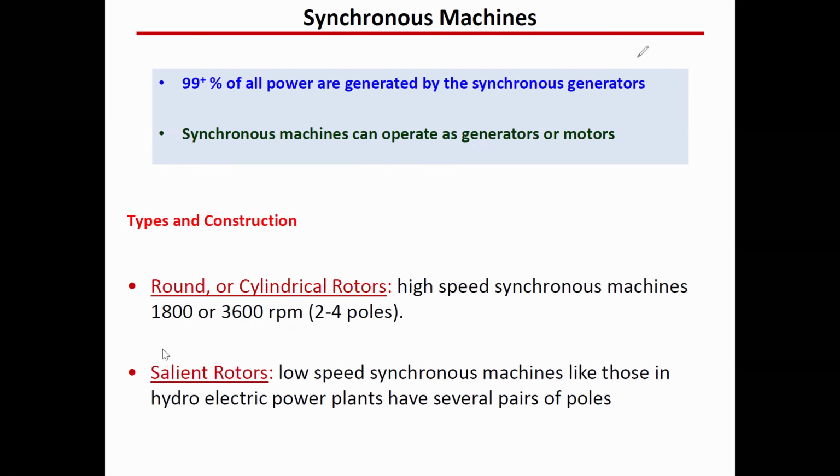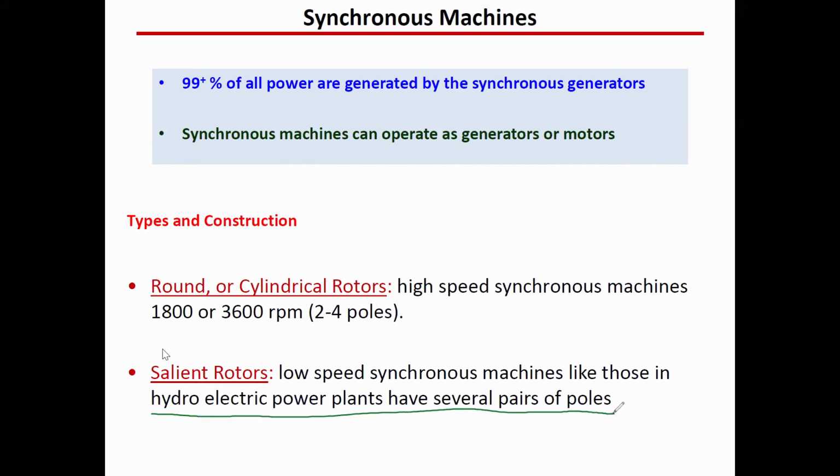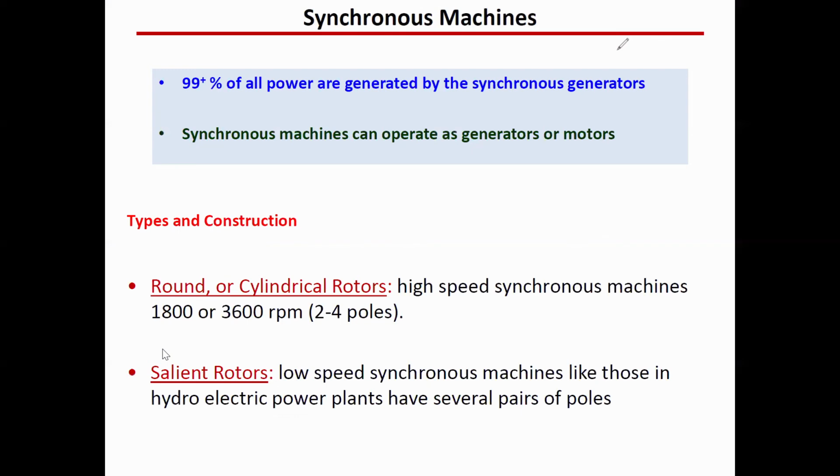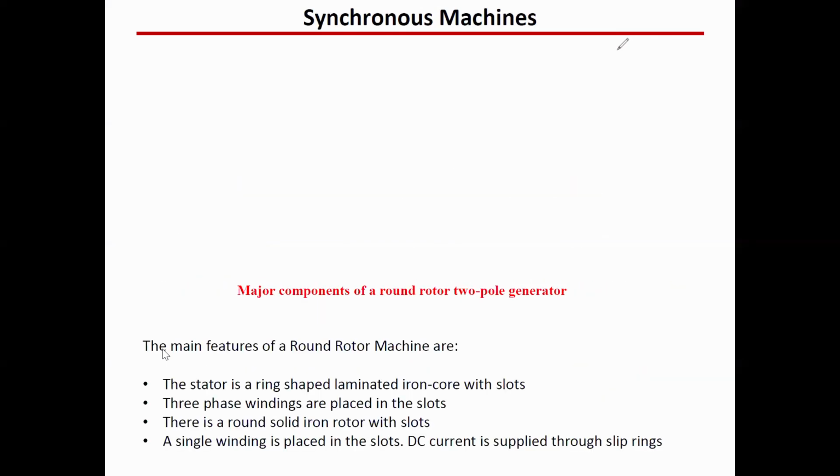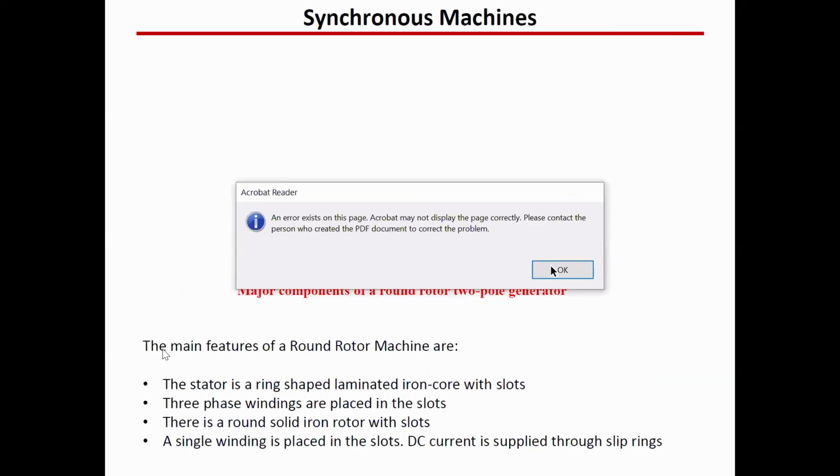If the speed is relatively very low, we use the salient rotors. And this is usually in the case of hydroelectric power plants, where the inertia is high, but the speed is low. So we use more poles, and we use this structure, which is called the salient rotor. And we're going to see both of them now. So in the round rotor,